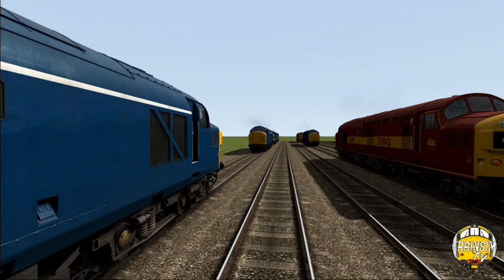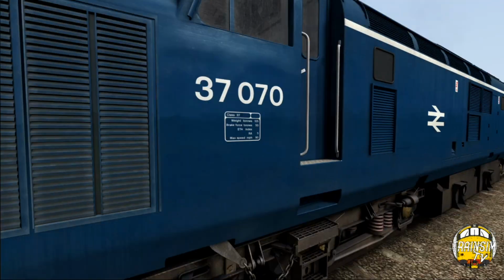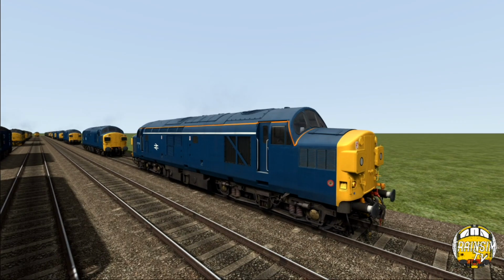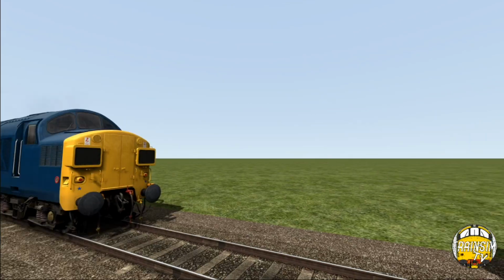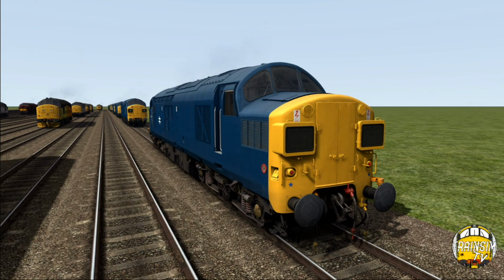So, by domino we mean... Oh, it's a mixed one. That's quite cool. So, dominoes, these boxes that have got the white spots in, obviously. This is the version of the white stripe up high with the cantline added in as well. It's carried there by 37095. This is a split box, again with the...